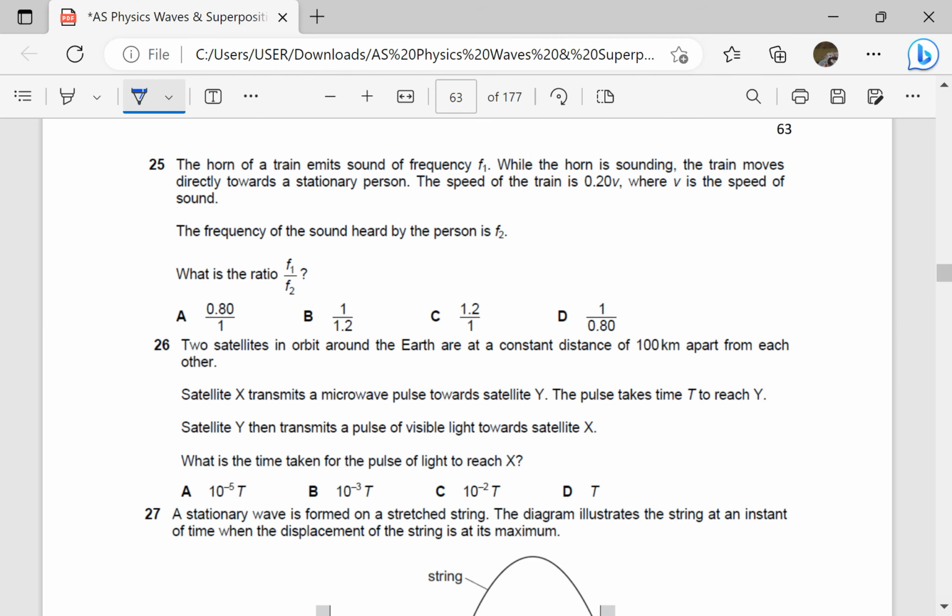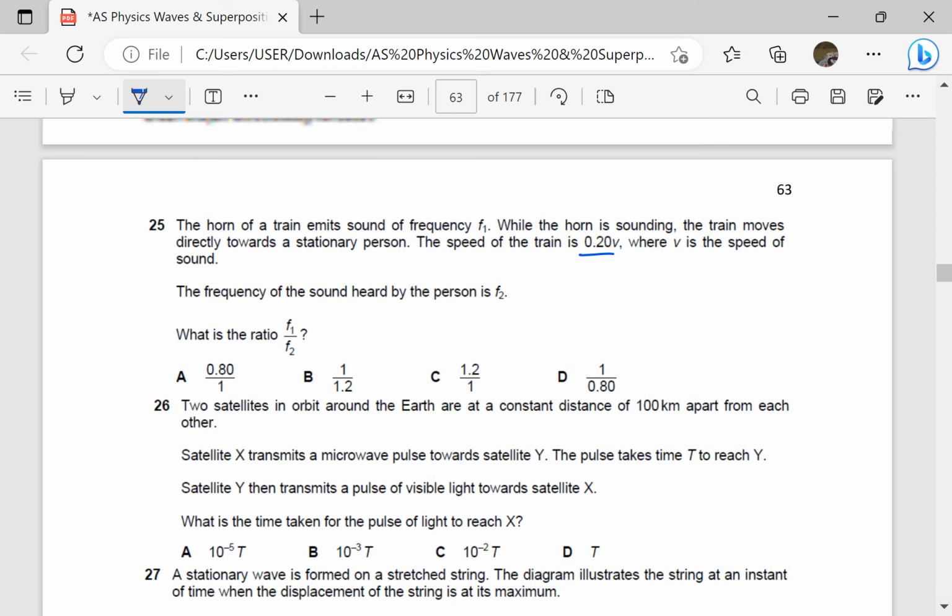The horn of a train emits sound of frequency F1. Where the horn is sounding, the train moves directed towards a stationary person. The speed of the train is 0.2 v, where v is the speed of sound. The frequency of the sound heard by the person is F2. What is the ratio F1 over F2? So